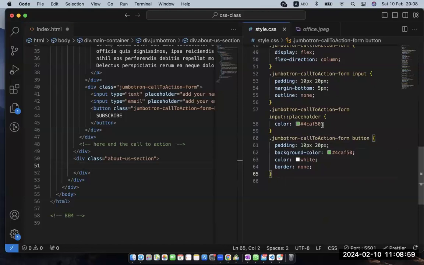Since we started with the mobile view, we will add media queries and add, like, iPad view and desktop view. But if you started with the desktop view,